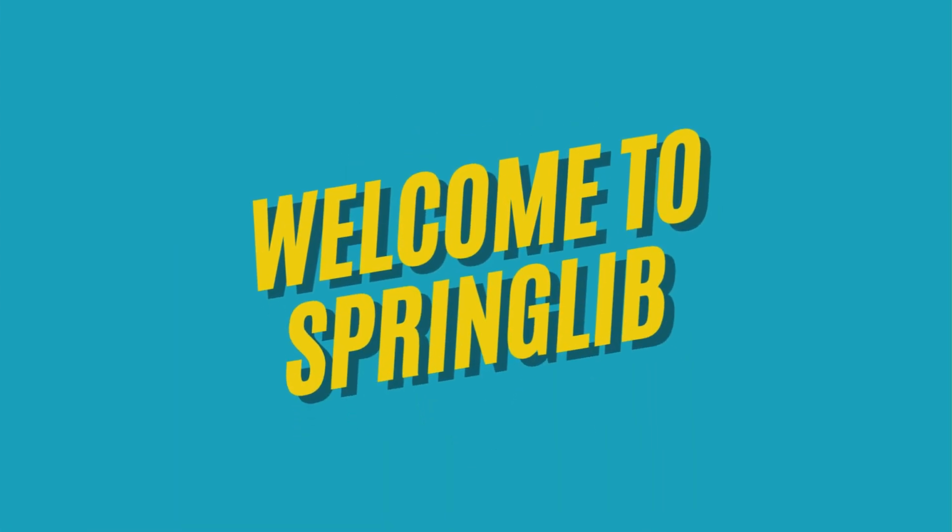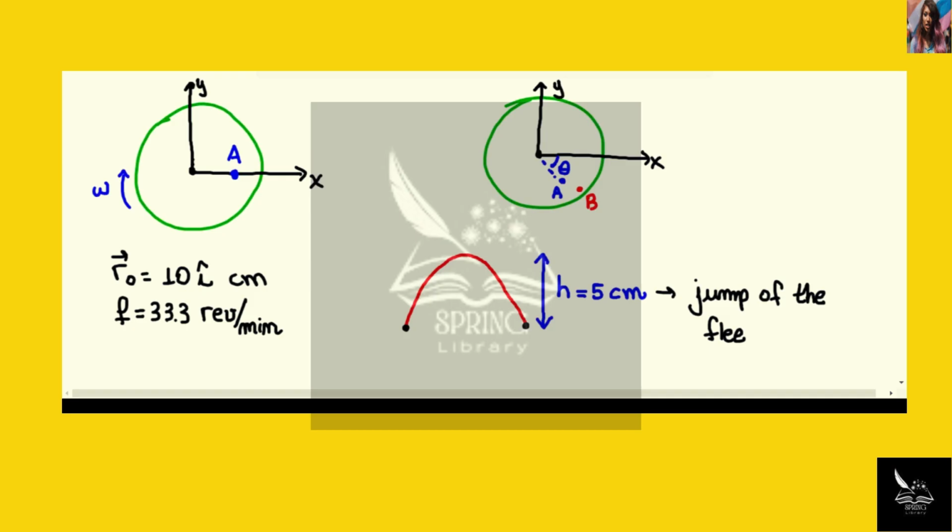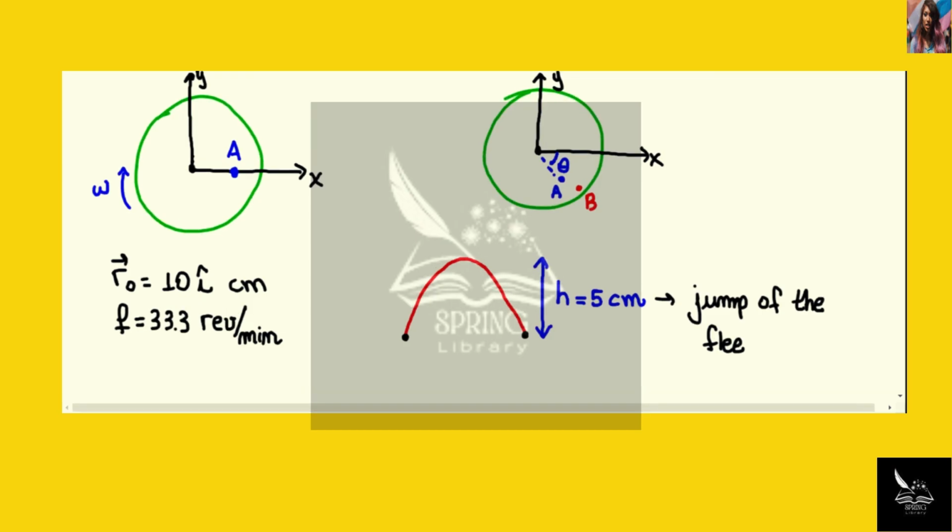Welcome to Spring LIB. In this exercise, we have a turntable with a flea on it. The flea is at point A on the turntable, and point A is located at a distance of 10 centimeters from the center of the table and exactly on the x-axis. The frequency of the turntable is 33.3 revolutions per minute, and exactly when the point A